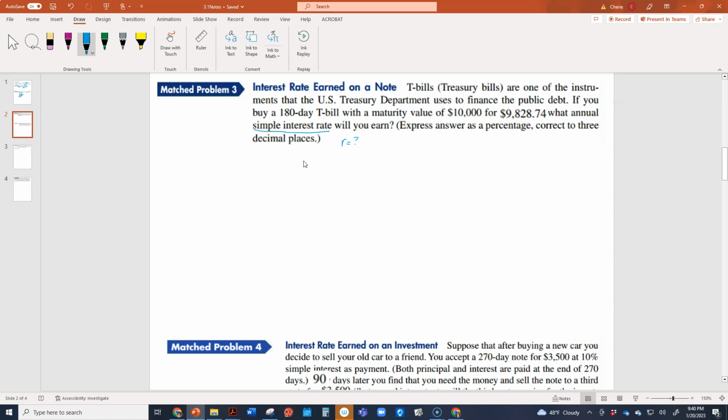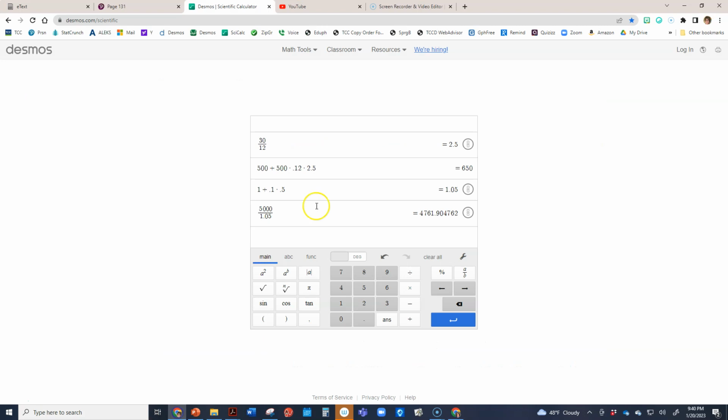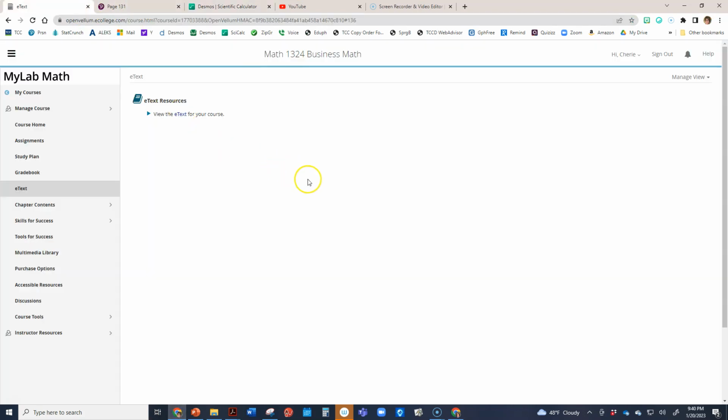So they talk about T-bills. They use them to finance public debt. If you buy 180-day, well, that's pretty obvious that that's time. Now, in your book, it does talk about, because we're doing 180 days, right? So that means I need to know how many days there are in a year. Well, I know that you guys know that there are 365 days in a year, but in your book, it does talk about